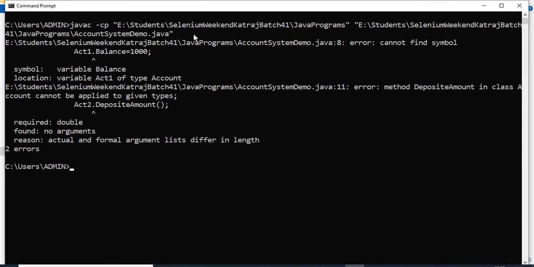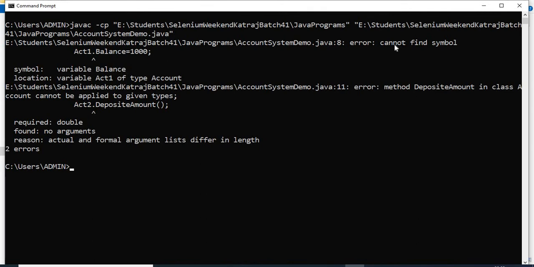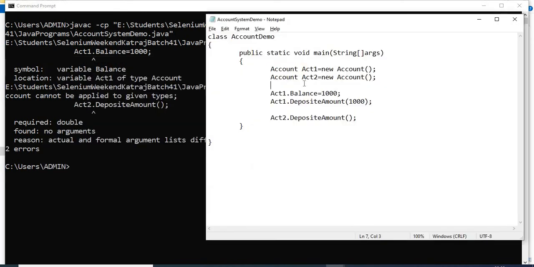Now here again we have got a problem. It is saying cannot find symbol, but which symbol is it not able to find? Let's understand. ACT1 is absolutely fine.